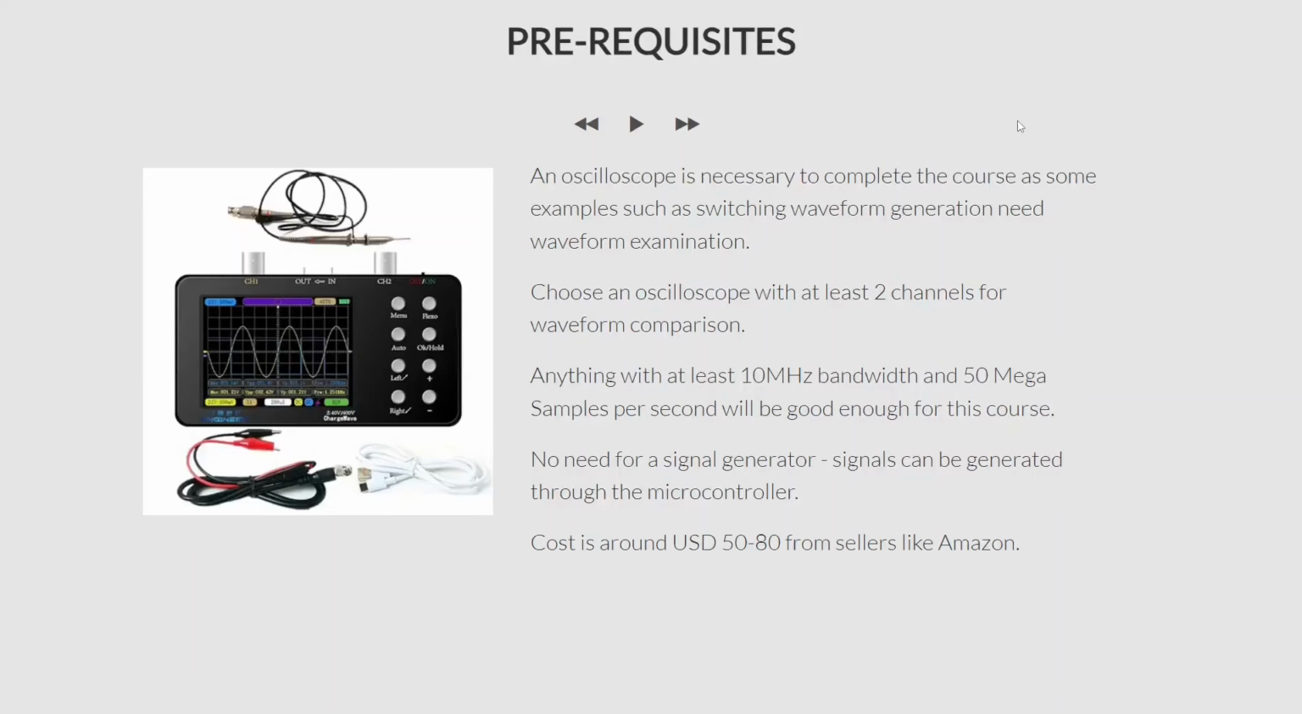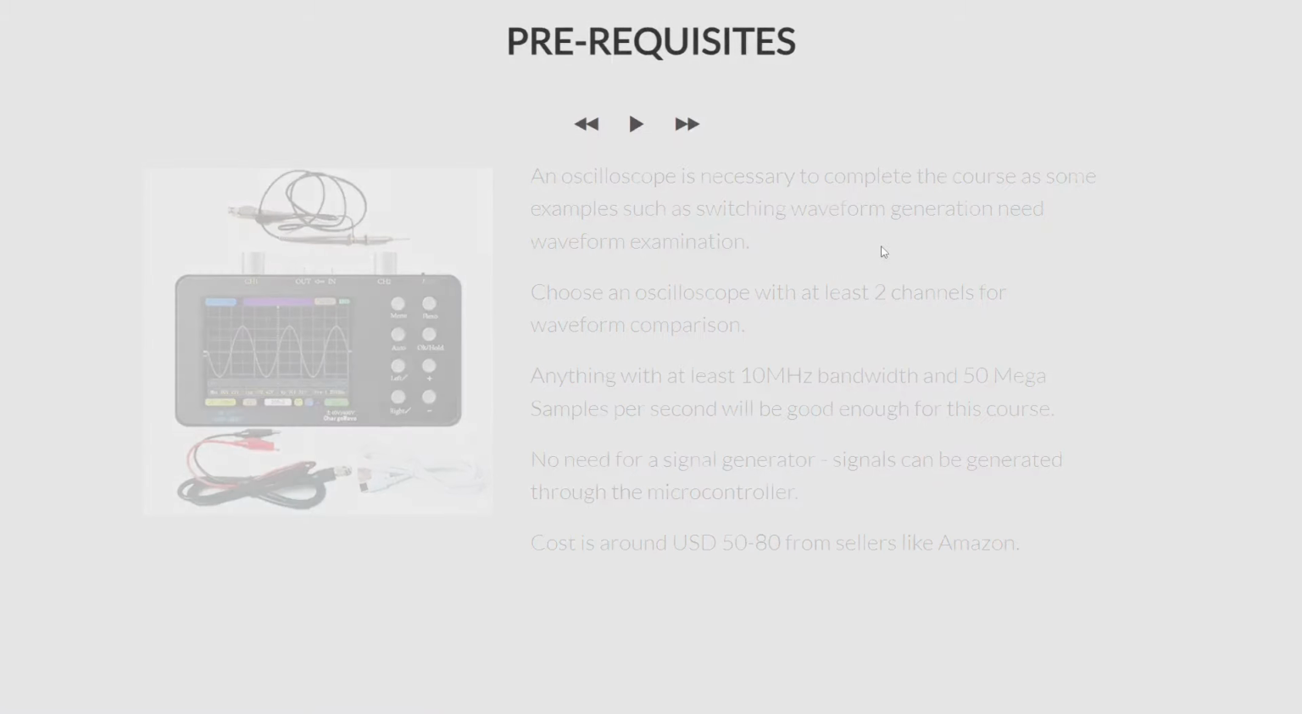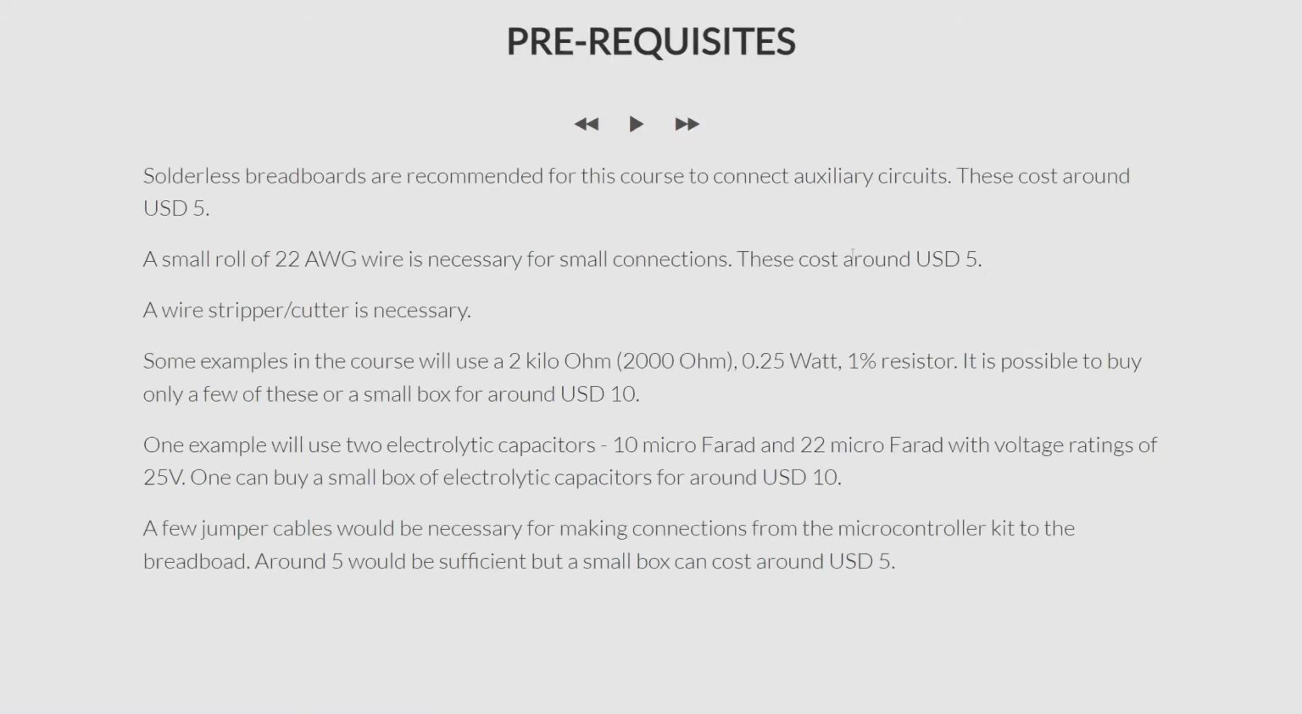So I'm back in my presentation, and besides the oscilloscope, we also need a few more components. For example, I would recommend that you buy maybe 1 or 2 solderless breadboards, and I'll go over and show them as well. This is very good for connecting auxiliary circuits, right? For example, I will be showing you how you can connect LEDs to your GPIO pins. You can flash the LEDs, you can turn them on, turn them off, and these are quite useful even in